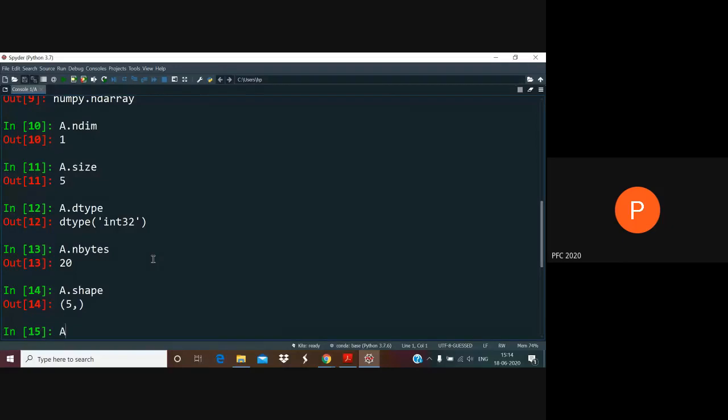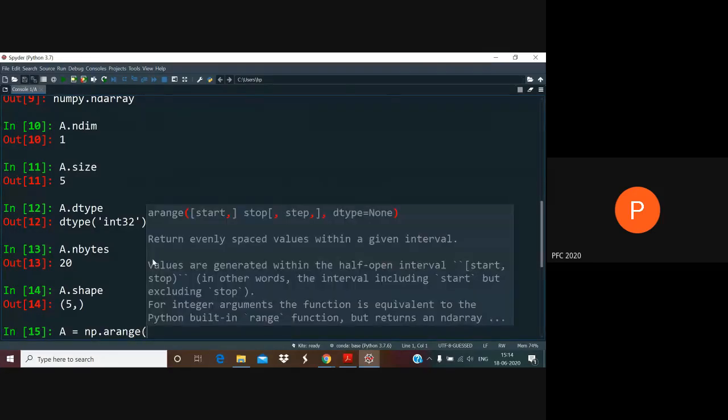So just to illustrate that, let's first create another array, and let's just override this array A and create this array using a function that we talked about. Let's say 24. Now, remember, what arange does is it essentially behaves like range, except that it can produce floating point arrays. Also, it can take in floating point start, stop, and increment values. So here I've given an integer value. So what is going to happen is that by default,